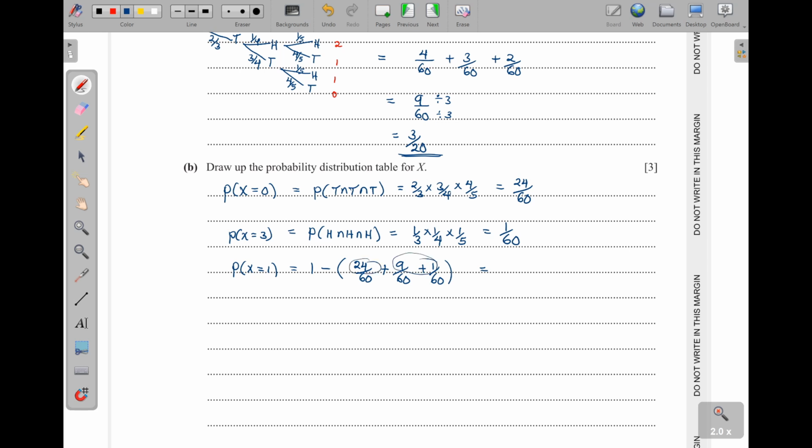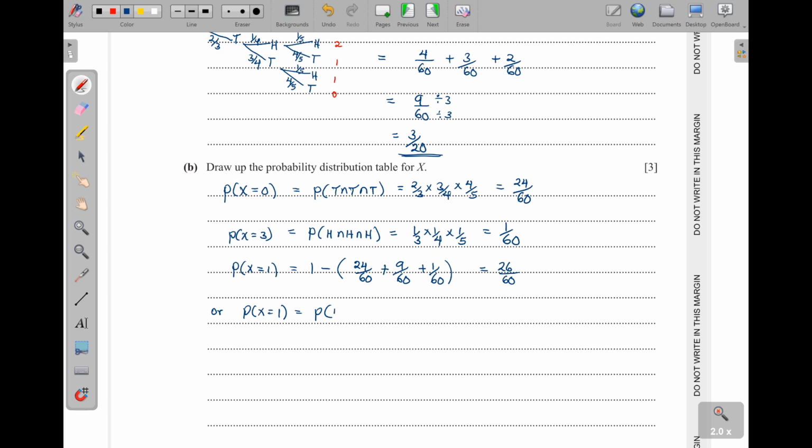This is 10 plus 24. That one will give us that 34. Now, this one is the same as saying 60 over 60. Then minus, this is 34 over 60. So 60 minus 34, that is 26. So meaning this answer is going to be 26 over 60. Alternatively, I would say probability of x is equal to 1 is going to be equal to,